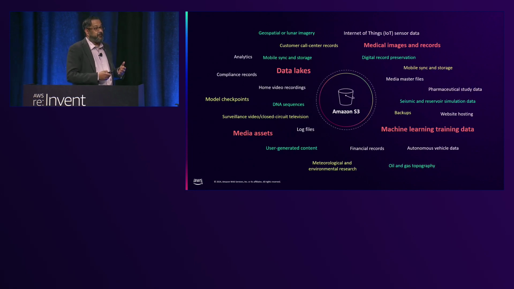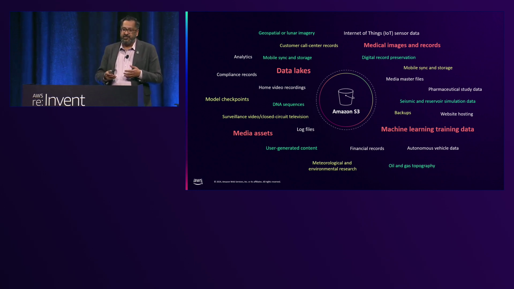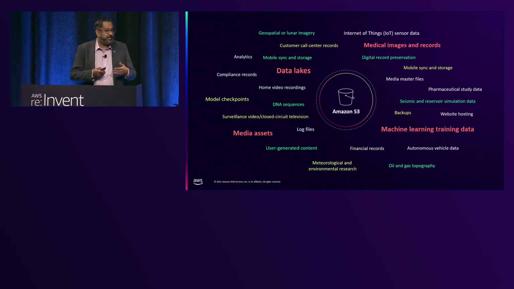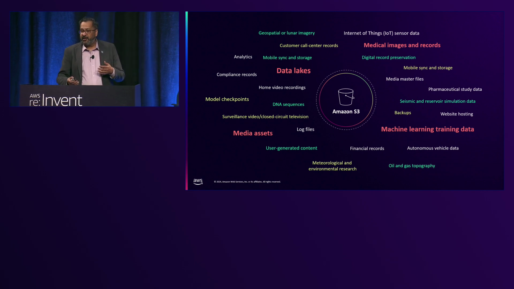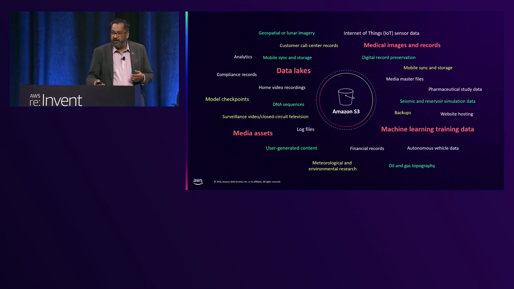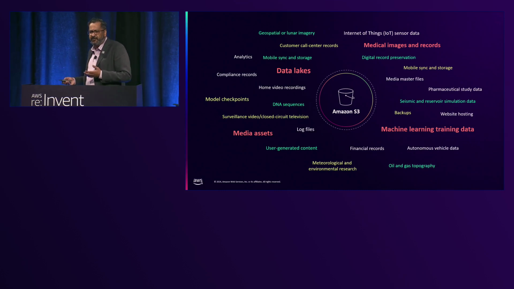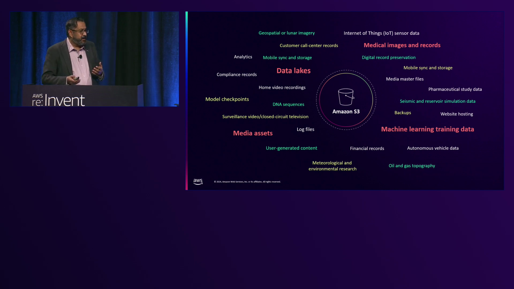And that data is from many different sources, for many different use cases and applications. You've heard the term data lakes thrown around. There are a lot of data lakes on S3. And the data that is coming in is multimodal. You have different kinds: images, audio files, videos, PowerPoints, PDFs, sensor data, financial records, medical images. All of that is being stored in S3 right now.